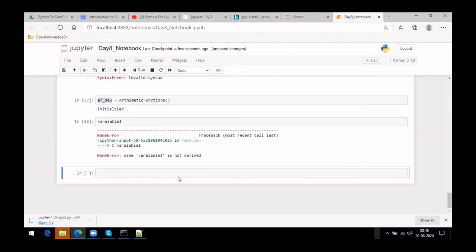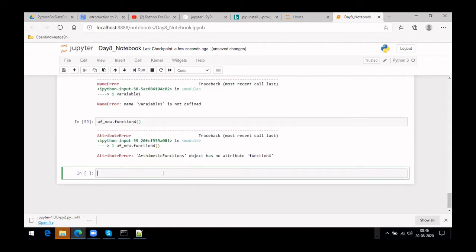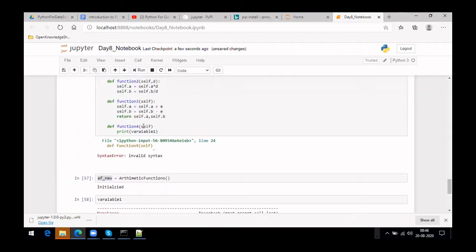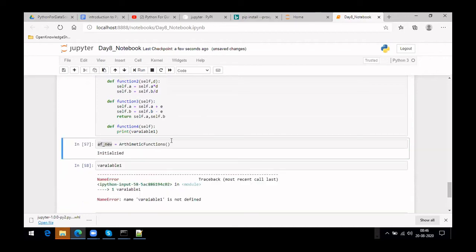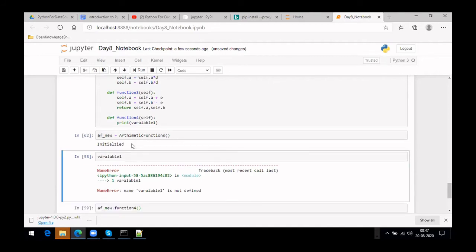so will this dot function for work? The name will be different. Okay, yeah, I did not execute it. In case it did not execute, it takes what was there earlier, whatever changes we made are not taken, right? So now it has executed properly. Let me take it one more time.